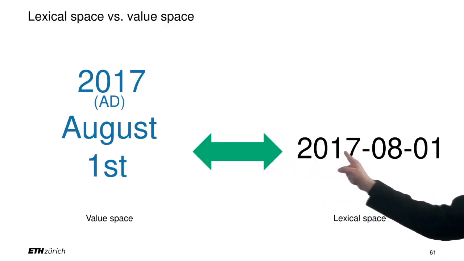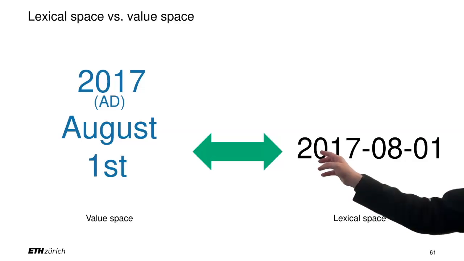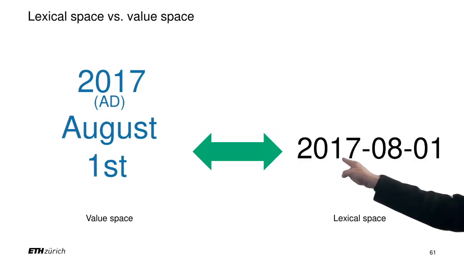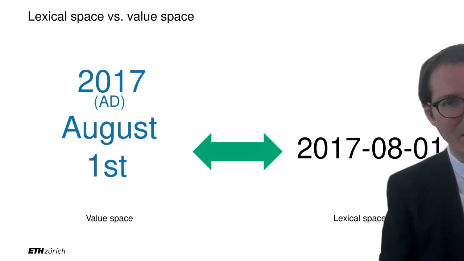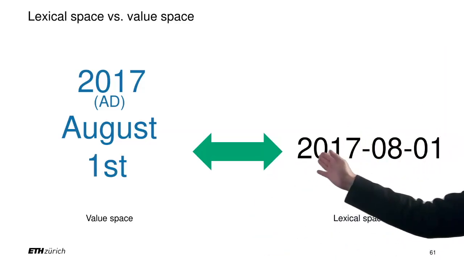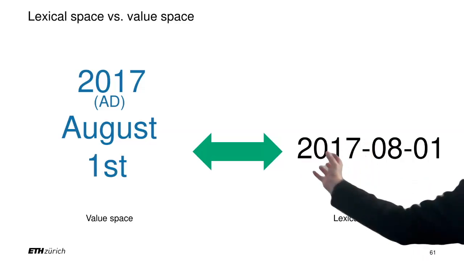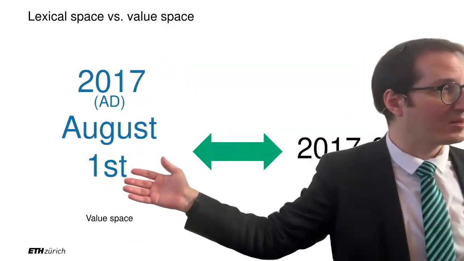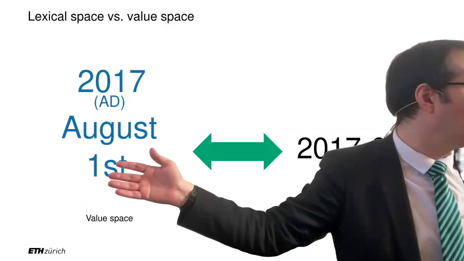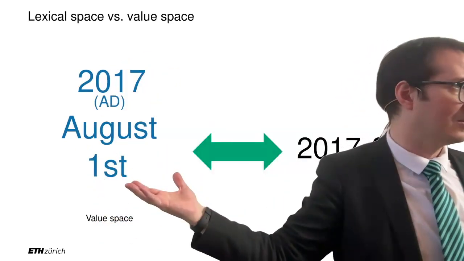Here's another example. Dates. This is how you would have them in JSON or in XML. That's 1st of August, 2017. That's the ISO 8601 standard that says it's 4 digits for the year, then a dash, then 2 digits for the month, then the dash, and 2 digits for the day. So that's a standard. And that is text, 2017-08-01. That's a lexical value, a literal. And then you convert it into a typed value here that is in the value space, which may or may not internally be a long, like Excel does, for example, but the user doesn't care because the user should see the dates, right?